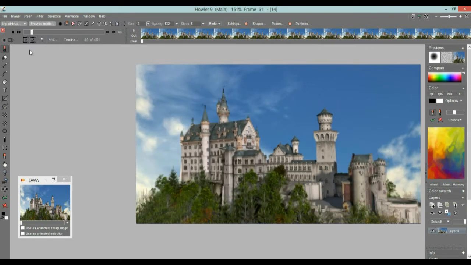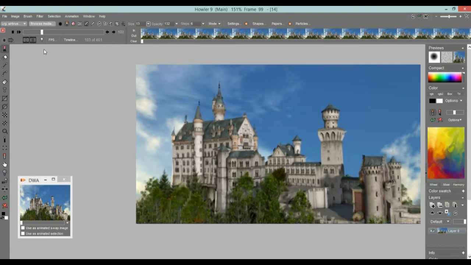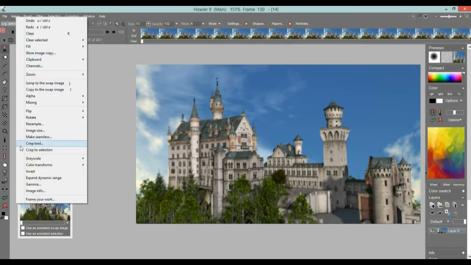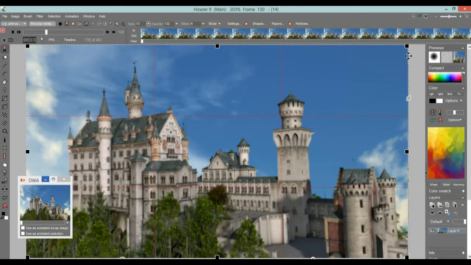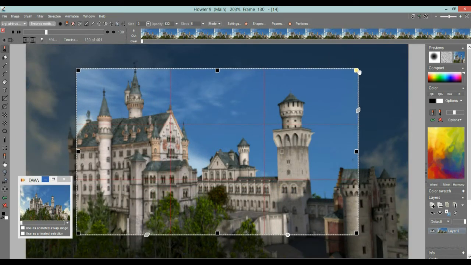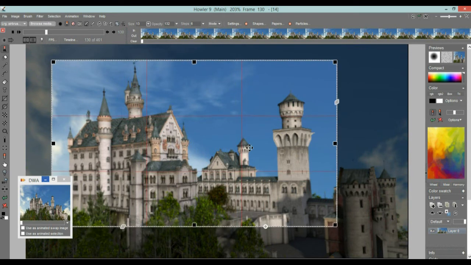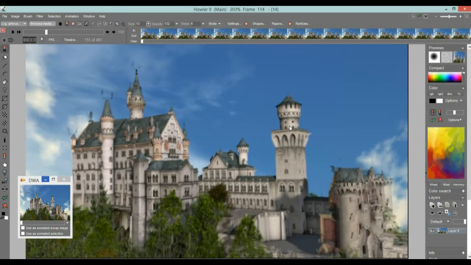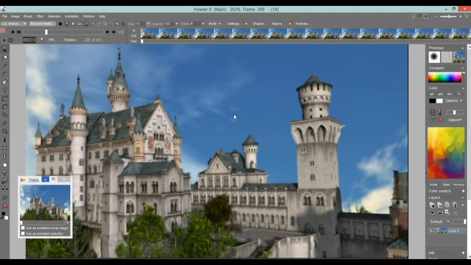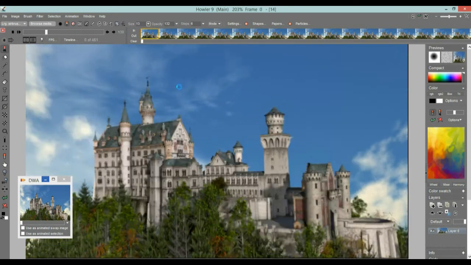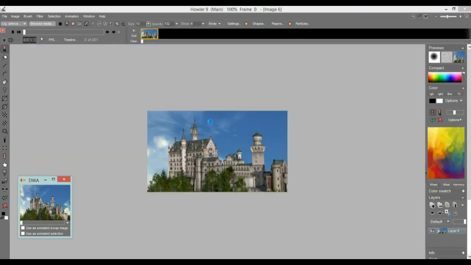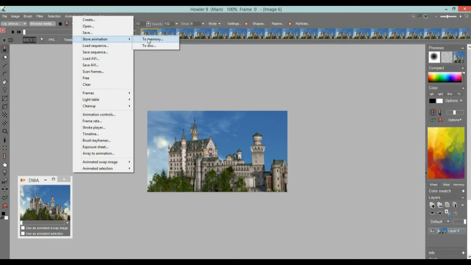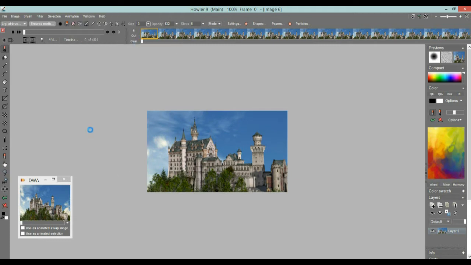But if you look at this and perhaps zoom or crop into it, maybe what we can do is go to the image and crop tool and focus on about this area here and crop that. So it's going to crop on that section in the animation at that point. There you go. And we can go and store that animation now too. So to disk,